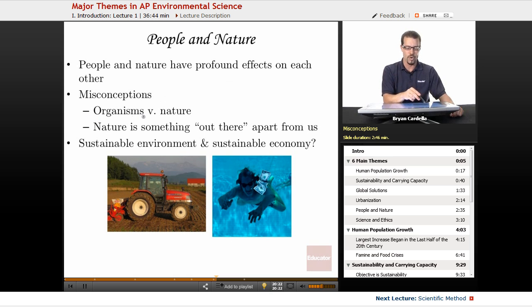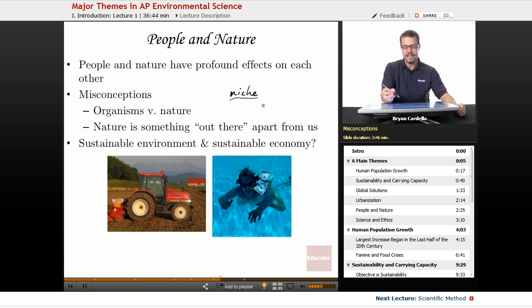A lot of people view it as organisms versus nature, like nature's rough, nature's unforgiving, and it's us versus the wild. Well, yeah, nature can be harsh, but that's just how it is with life on this planet. Organisms are going to die, whether that's a natural disaster, a famine, lack of food, or whether it's being killed by another organism. But it's important to realize that every organism has its niche. This term niche comes up in biological sciences, especially in biology.